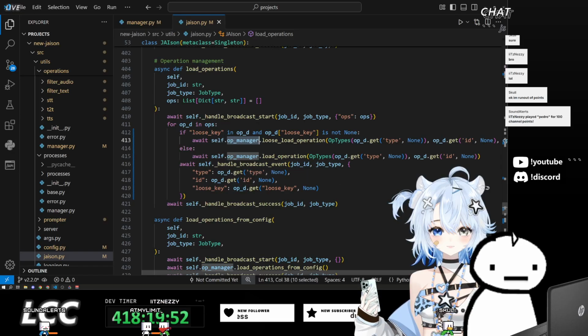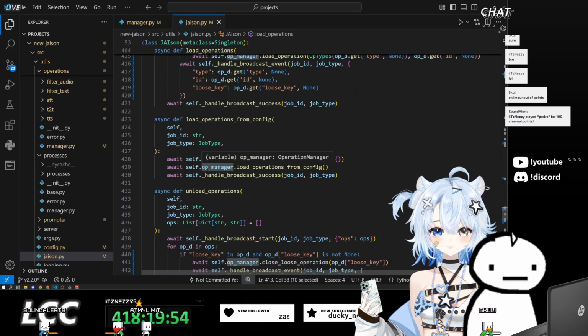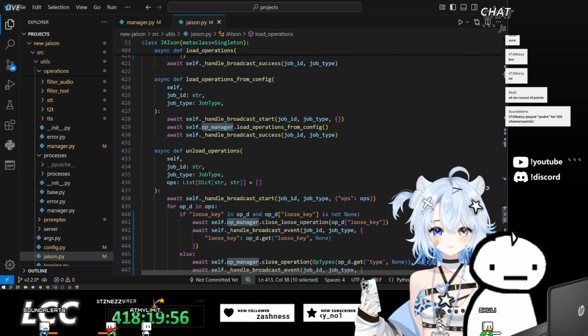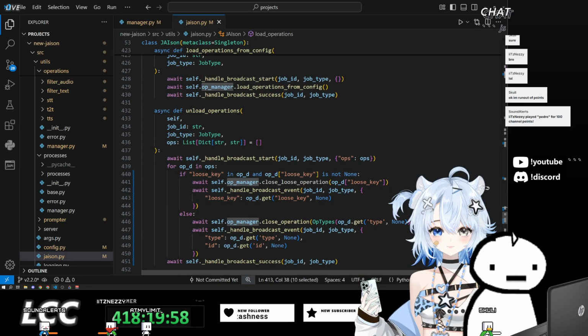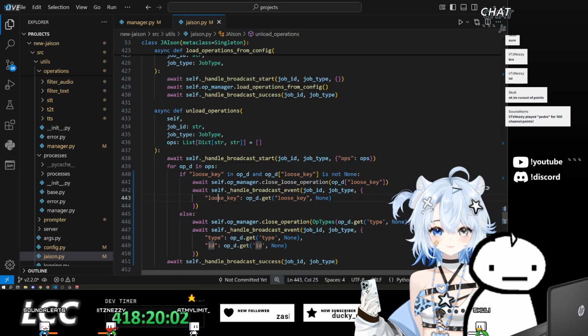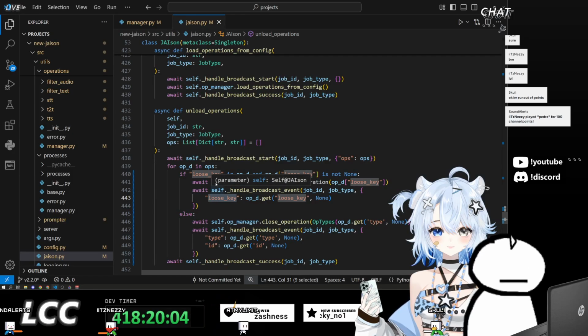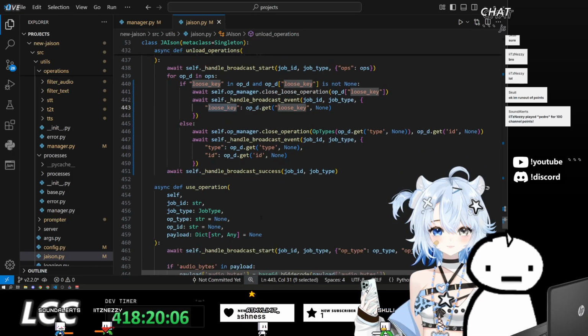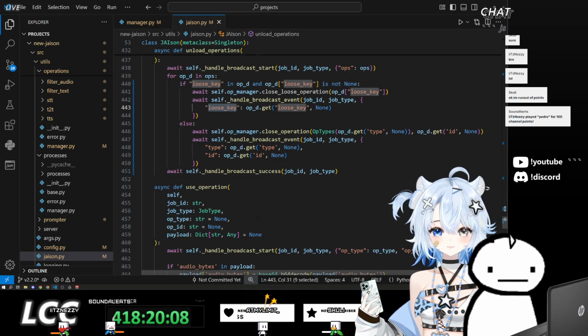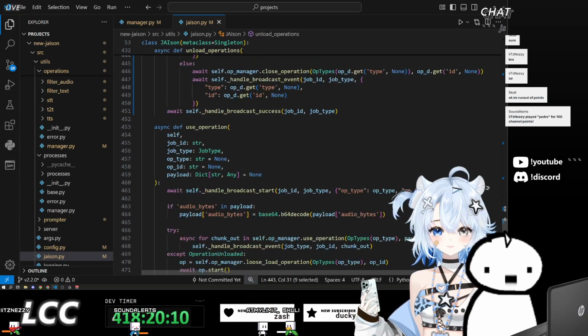Otherwise, it will load it into its respective spots. We also have the ability to unload operations kind of the same way, but you don't need to pass in the type or ID. You can just pass in the loose key, and that should also be fine. I'll need to update documentation with that, but no new endpoints needed there.